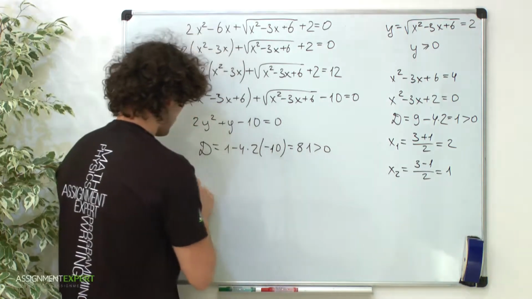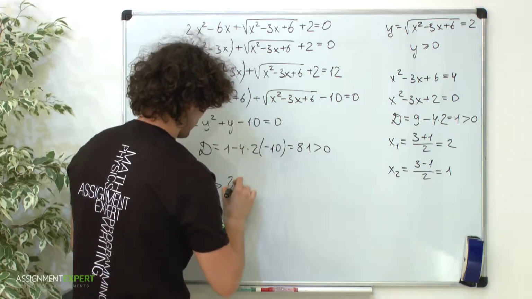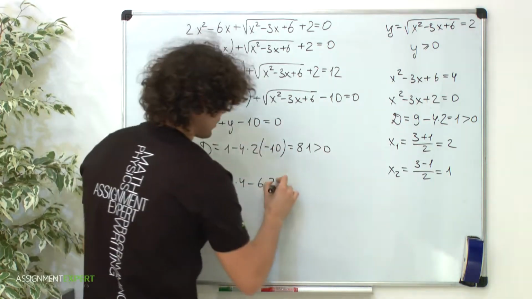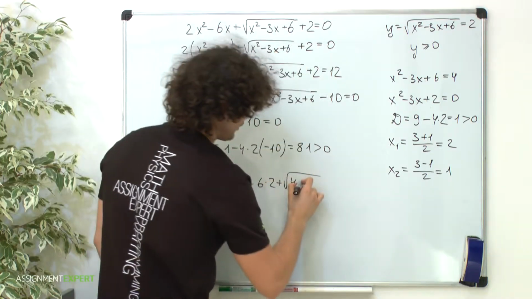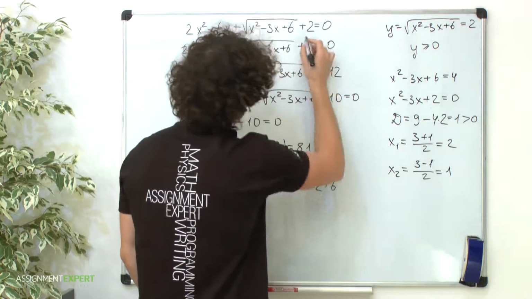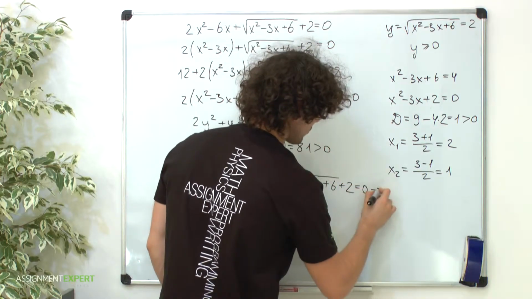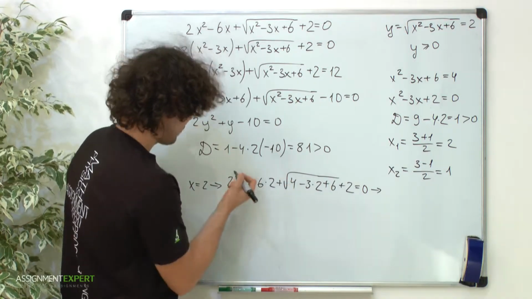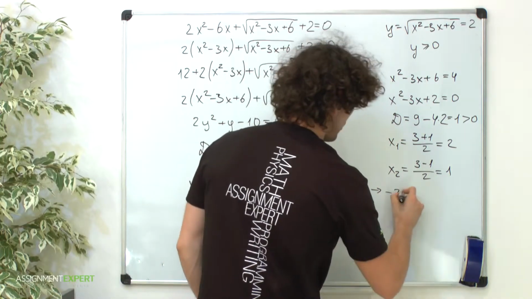When x equals 2, we get 2 times 2 squared, which is 2 times 4, minus 6 times 2, plus the square root of 2 squared, which is 4, minus 3 times 2, plus 6, plus 2, equals 0. The terms without radicals give us 8 minus 12 plus 2, which is negative 2, plus the square